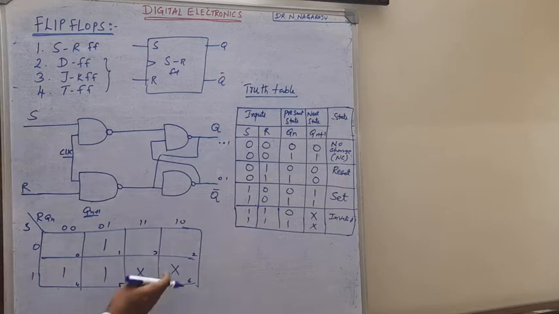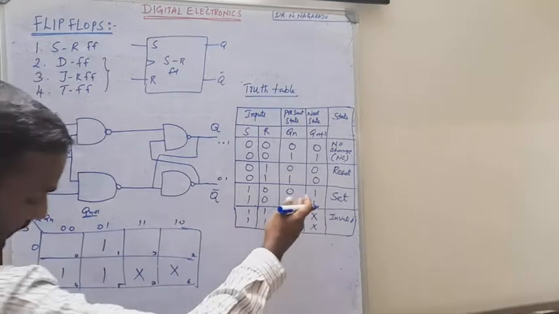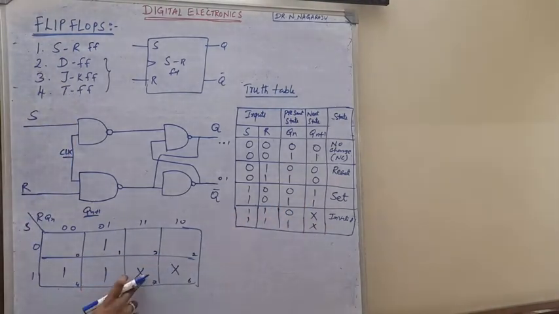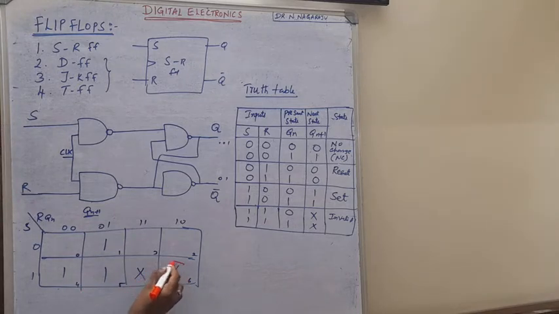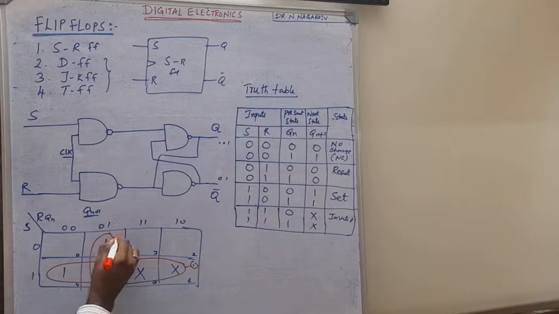So 6, this is 1 1 0, that is X condition, that is invalid state. And 1 1 1, that is 7, so 7 is also an invalid state. Now we form the grouping. As I told you, 3 variables are there. Check if an octet is possible, no. Then quad. Here a quad is possible, because of the don't care condition. X indicates don't care condition. We combine this one, this is group number 1, and combine this one, this is group number 2.